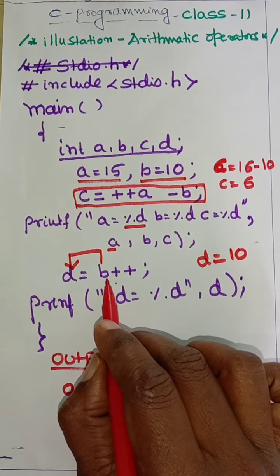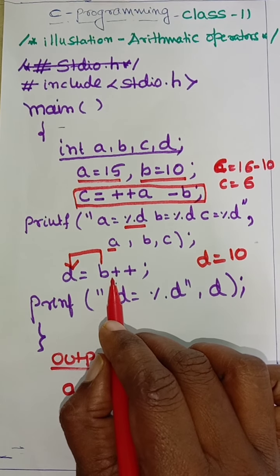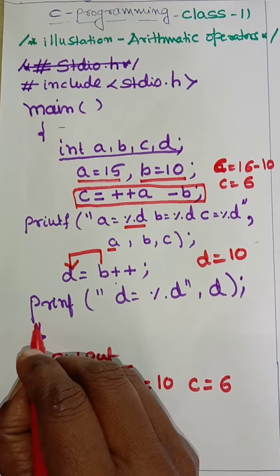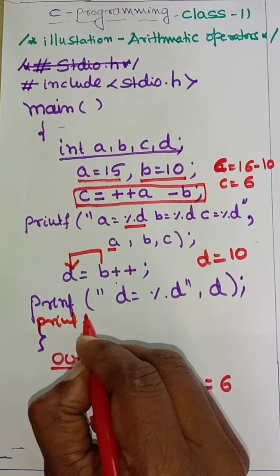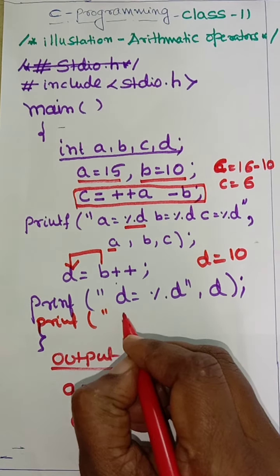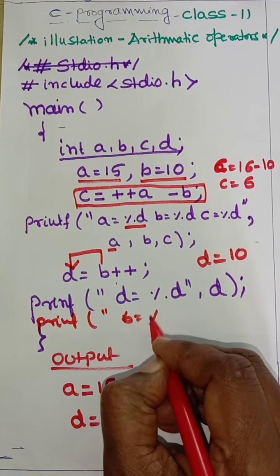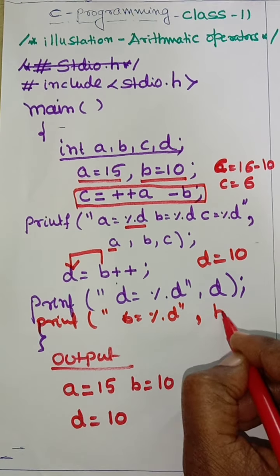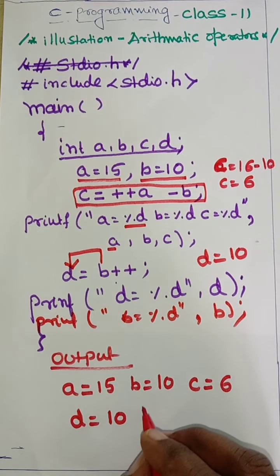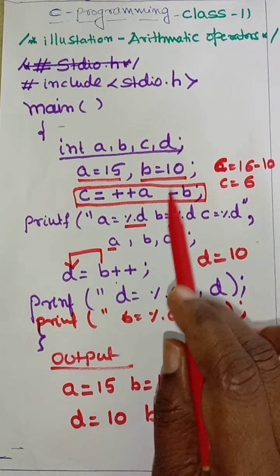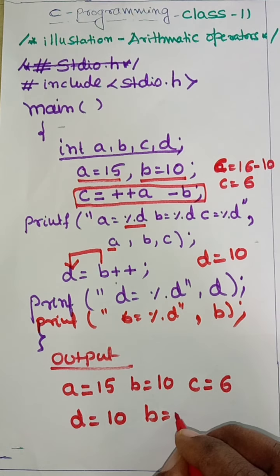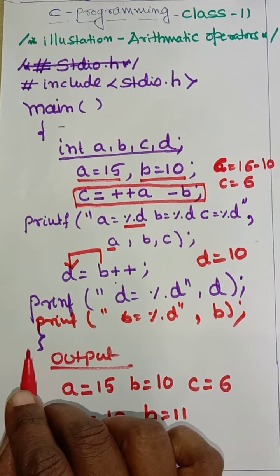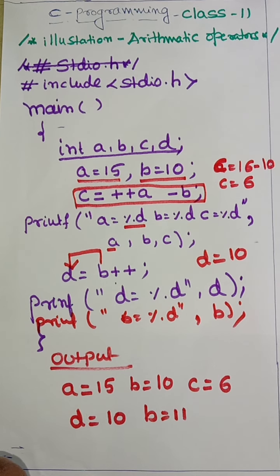But what happens to the b value? It is incremented. If I want to see that, let us take another printf statement. Otherwise you can write here also, but here I will take another statement, b is equal to percentage d, and I want to print the b. So what is the b value it is going to print? The b value was 10. It is going to print it as 11. And end of the program. Okay, please try to listen once again so that you are able to understand clearly.